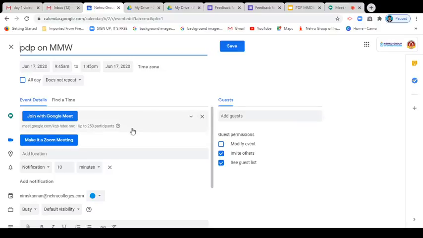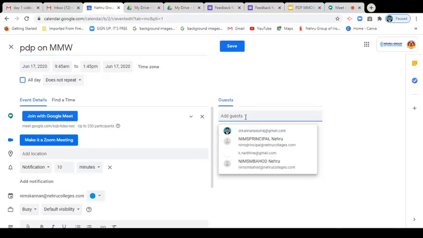And another important feature for the calendar is Add guest. Here you click, you can type the resource person's mail ID. Automatically the Google link and the invitation mail are sent to the resource persons.